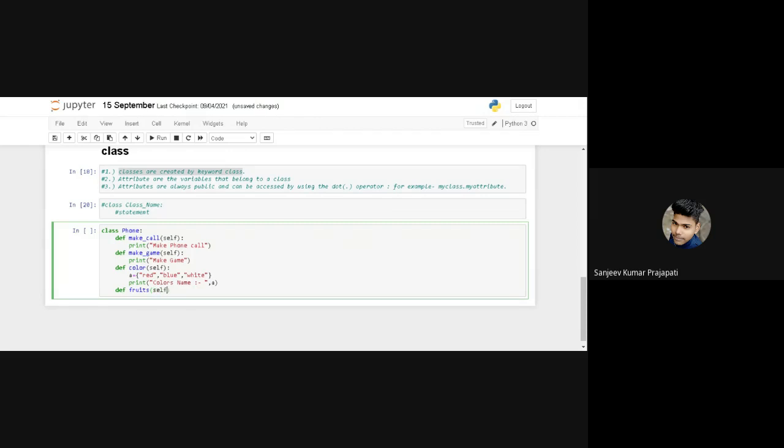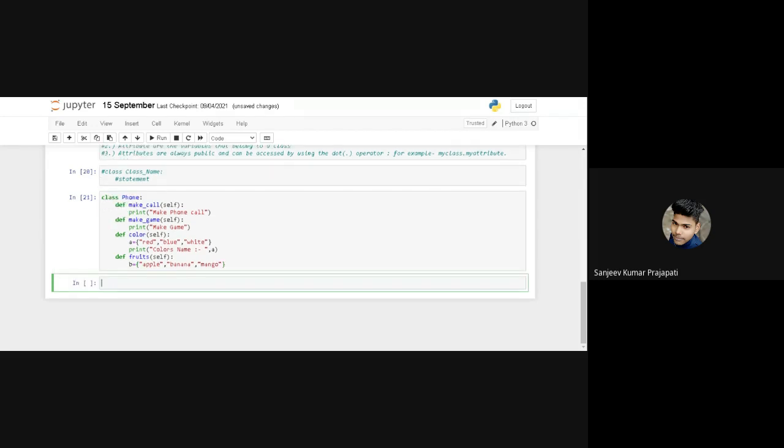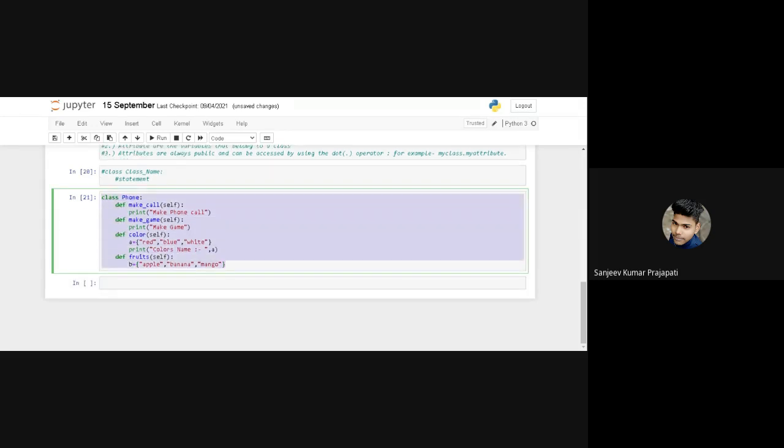Again it contains the self argument. Again, set e equal to banana, and now we press enter, and I have successfully created one class.